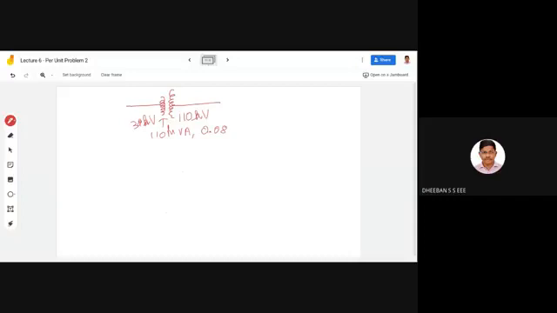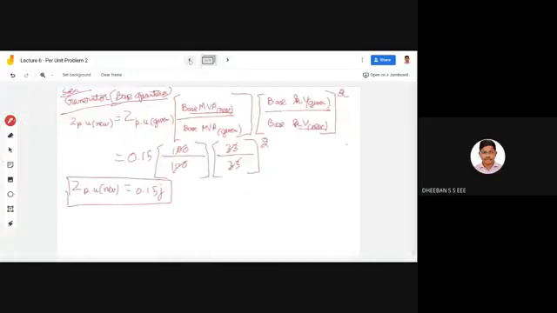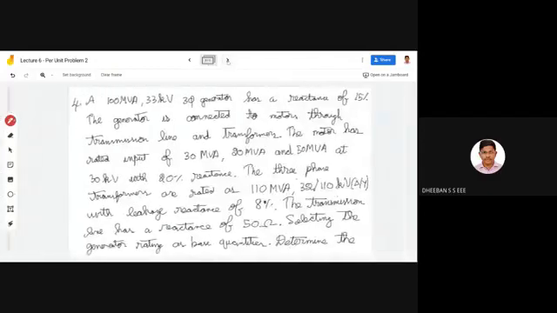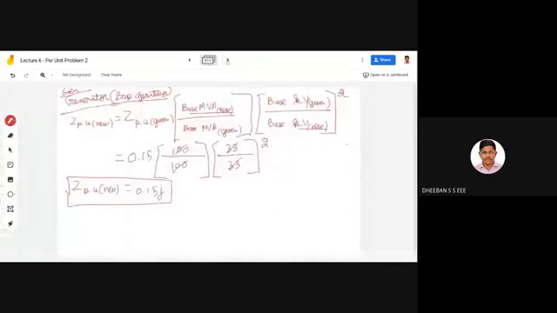And now, as I said, you might have remembered this note. These 3 points are very important if transformers are involved in your power circuit. That is, you have to revise your line voltage. It has to be calculated whenever the transformer is present. It is calculated with the existing base voltage into your transformer ratio.